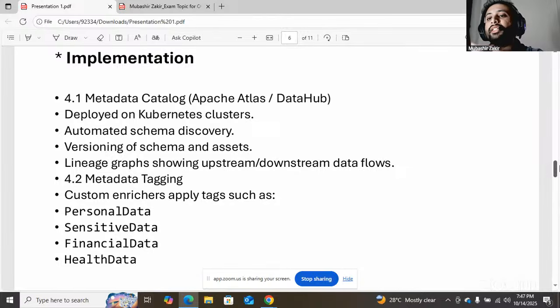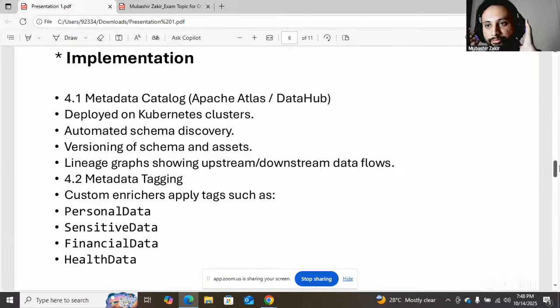We have automated schema discovery, which means that if we add any new data set, like we go to AWS and we add one more S3 bucket for data, the catalog will automatically detect that a new thing has entered our system, and give a tag to it.